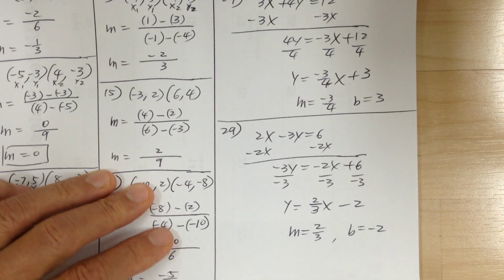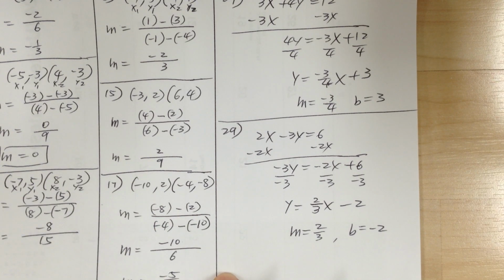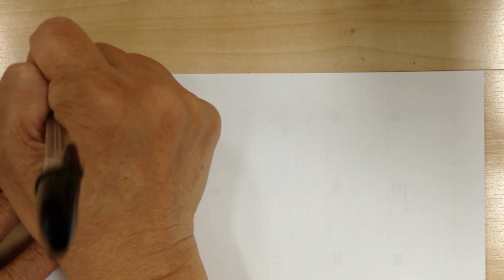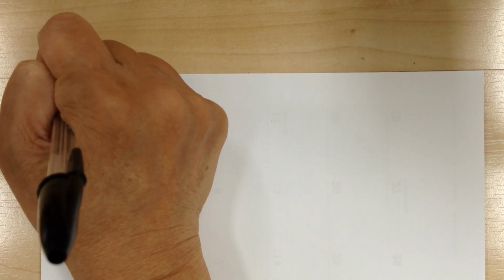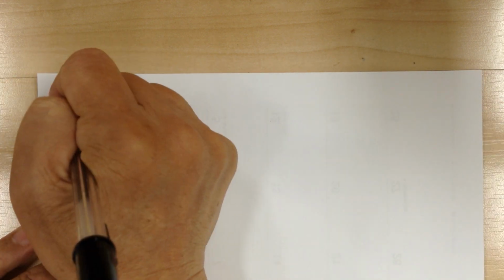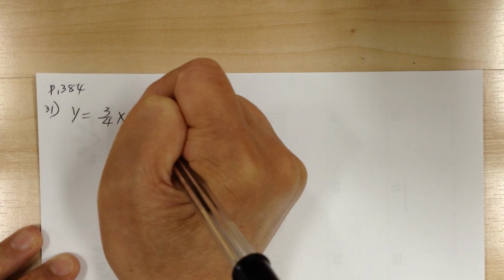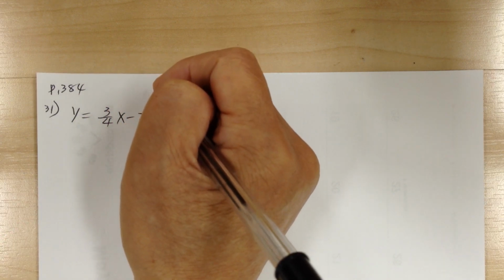Okay, so now let's go to number 31. You want to graph. It says use the slope-intercept method. Well, you can use whatever method is easiest. So you got y equal to 3 over 4x minus 2. Okay, so now when we graph this,